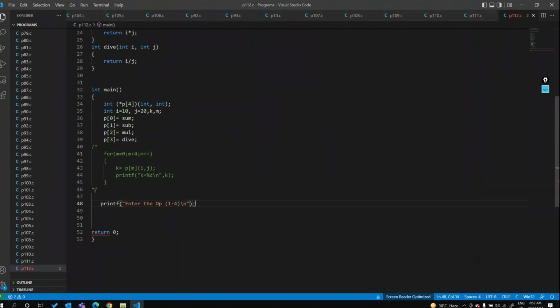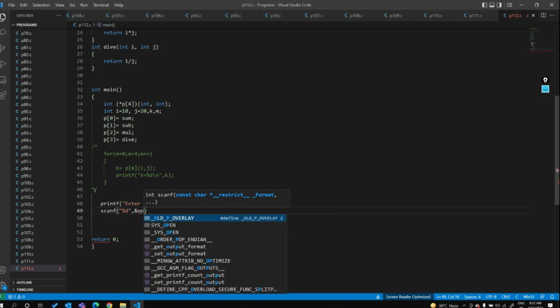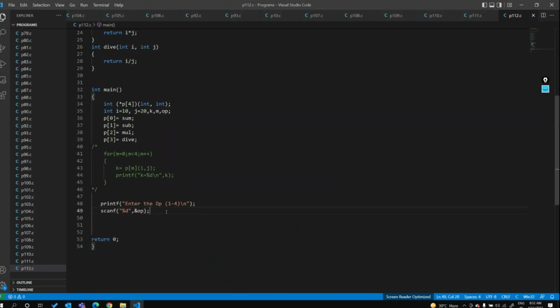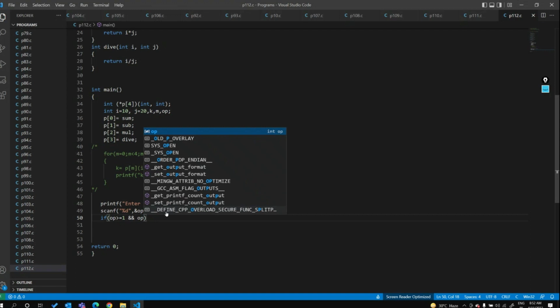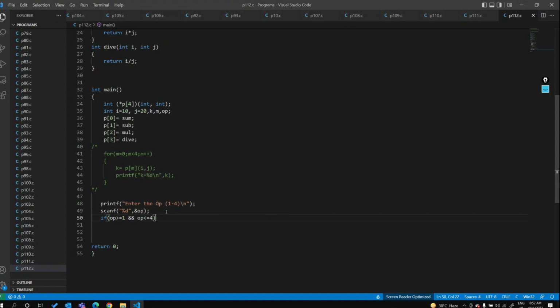So this is my integer option, percentage d, then address of op. I have to take one op variable. If my op is greater than or equal to 1 and op is less than or equal to 4, so it is between 1 and 4,